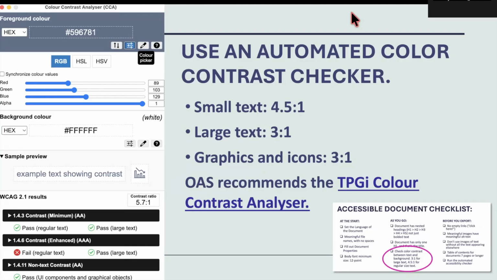And so I went through and I sampled to make sure that that would have enough color contrast so that people who are working with different types of color blindness, people who are low vision in its entirety, have at least a chance to make out the text against its background. The other thing that's fun about the TPGI color contrast analyzer is that if your color combination does not meet the requirements, it has little sliders that you can slide back and forth so that you can preview what acceptable color contrasts would look like.